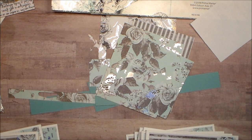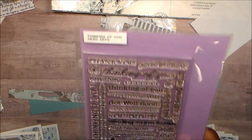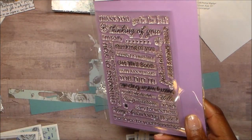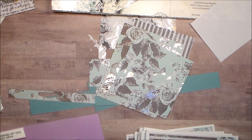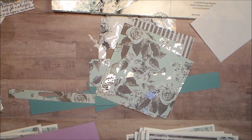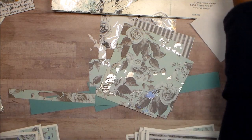I used several of these stamps. They have been in my collection forever. They are from Hero Arts. Back when I started making cards, I would buy any sentiment stamps. That was before dies got to be as big as they are, especially word dies. So I have a huge collection of stamps, mostly sentiments. And so I went in and I pulled out several,